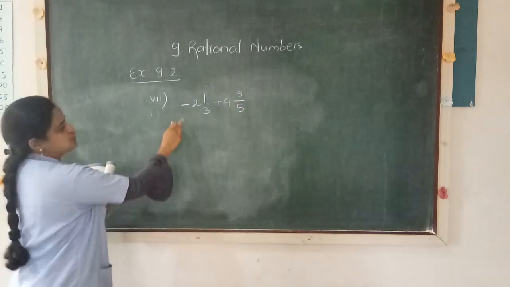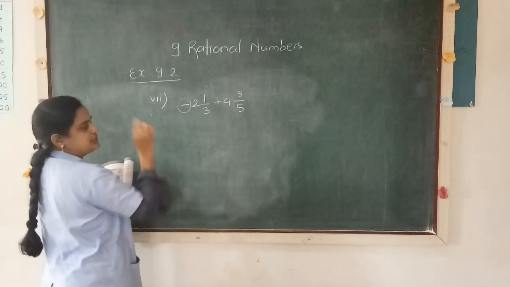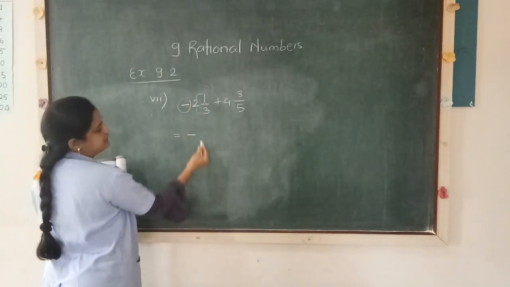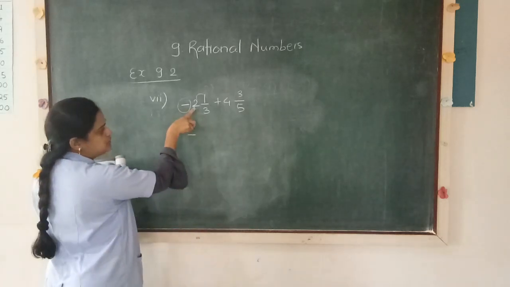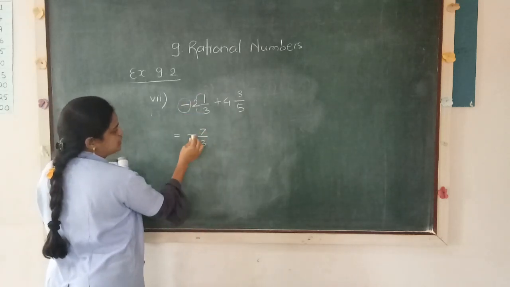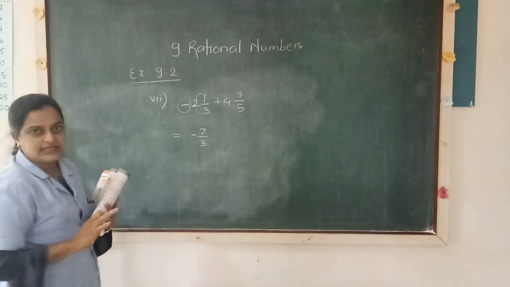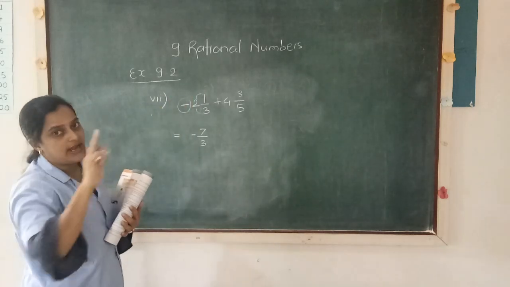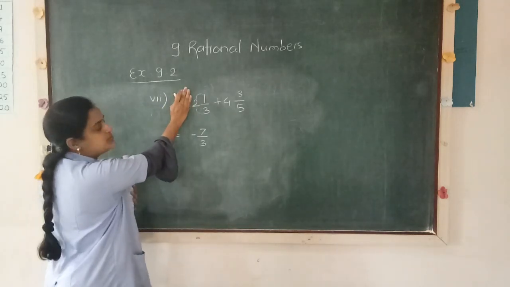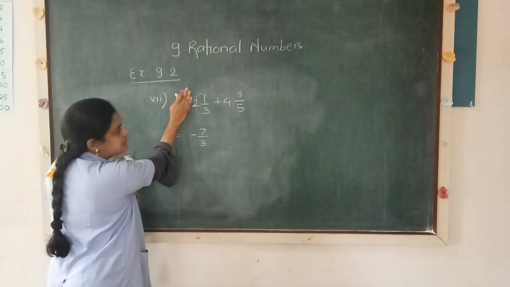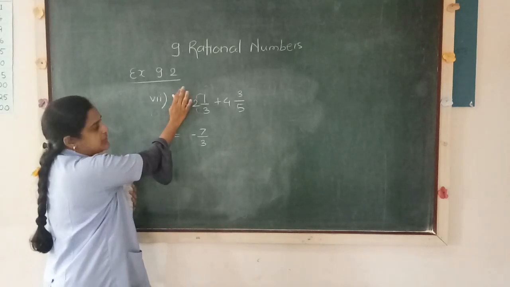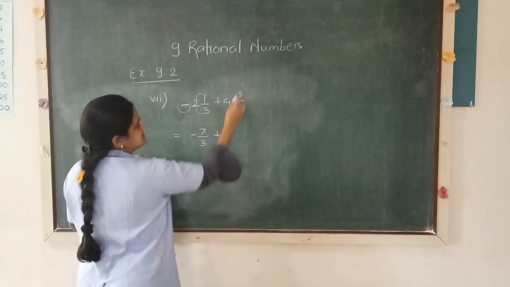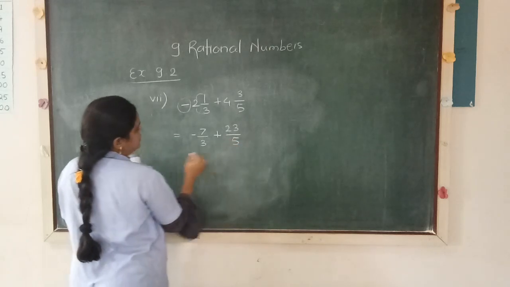Mixed fraction it is. So how to do it? Though here is a negative sign, the conversion method doesn't change. So how are you going to convert it into an improper fraction? 3 twos are 6 plus 1 is 7 upon 3. Only you will write this negative sign here. It doesn't mean that 3 twos are 6 minus 1 you have to do. Not at all. This is the sign of this mixed fraction. First convert that mixed fraction into improper and then put that sign over there. Plus 5 fours are 20 plus 3 is 23 upon 5.